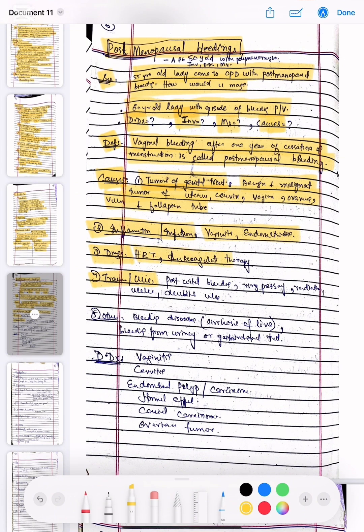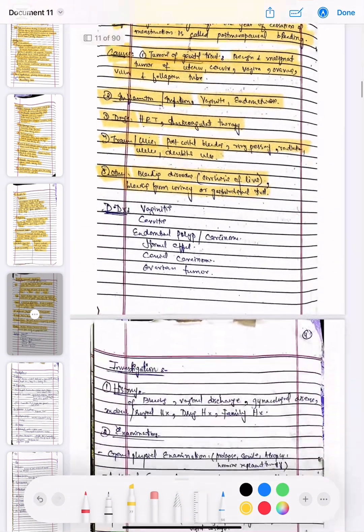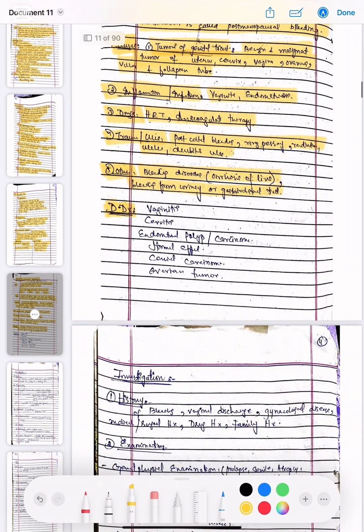Then drugs are HRT, anticoagulant therapy, intrauterine or postcoital bleeding, ring or pessary, radiations, and decubitus ulcers. The others are blood bleeding disorders, cirrhosis of the liver, and bleeding from the urinary or gastrointestinal tract. The differential diagnosis of postmenopausal bleeding is vaginitis, cervicitis, endometrial polyp or carcinoma, hormonal effect, cervical carcinoma and